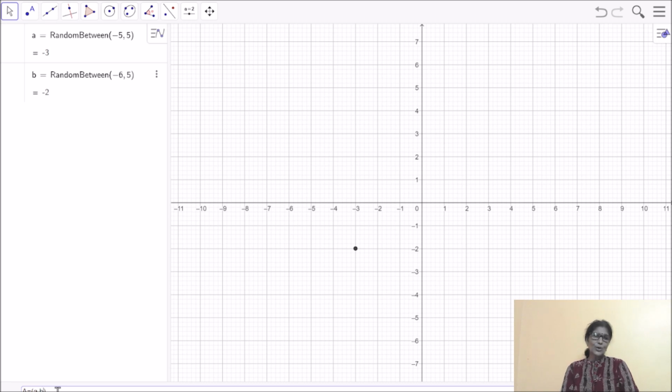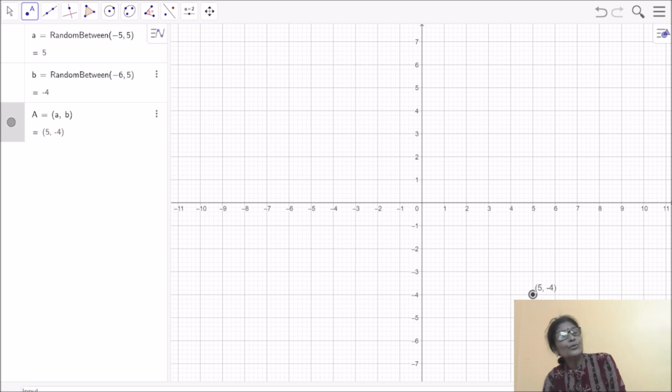Then I will press enter. So this is A, it is showing this point. Now the point is (-3, -2). So we have given different values to a, different values to b, and we are plotting the point A equals (a, b).